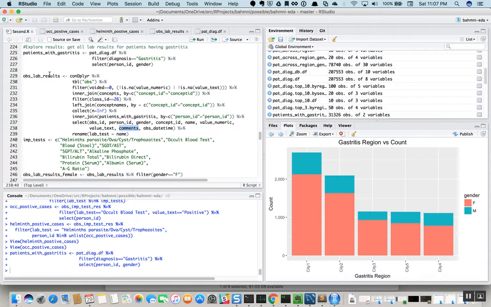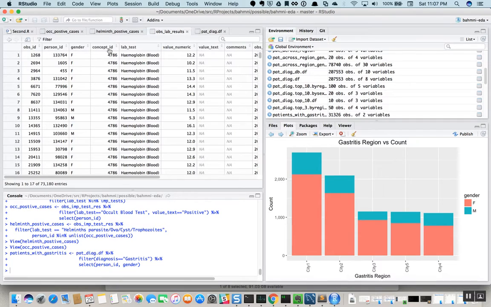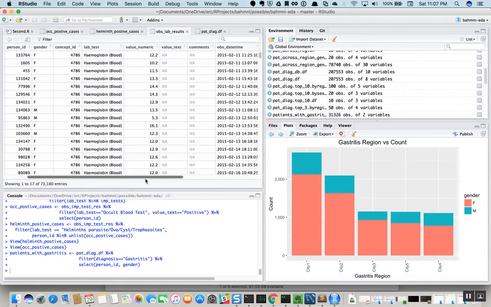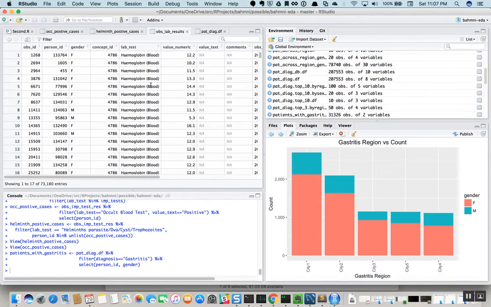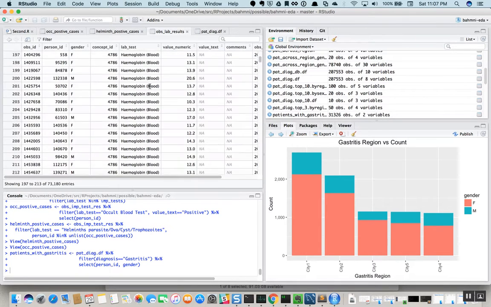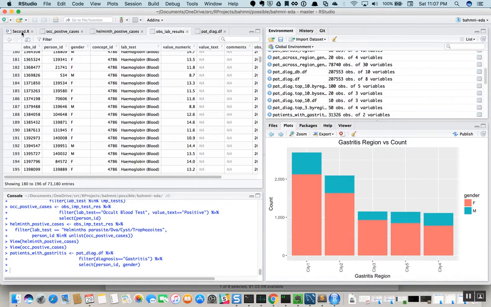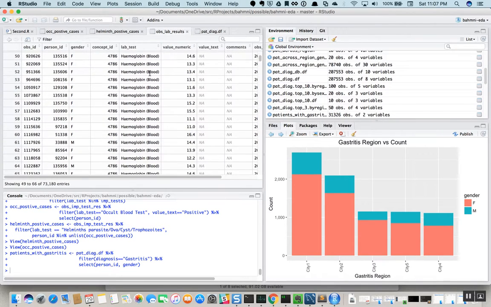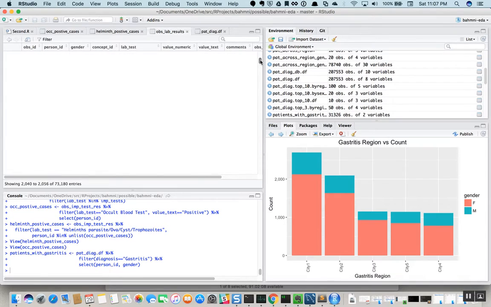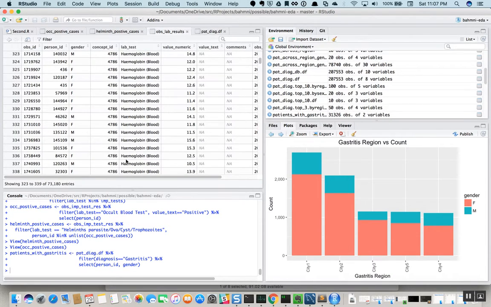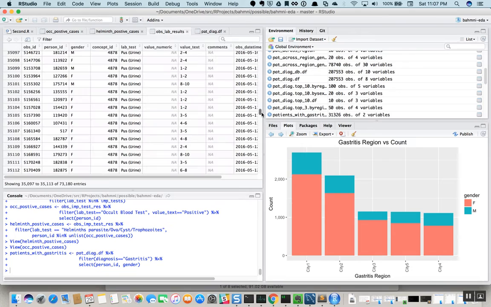I have already executed this statement, and if you look at the lab results, this fetches all the lab results for the patients who have been diagnosed with gastritis. Once we do this, we can see that there are various tests which have been performed, maybe a hemoglobin check. Quickly scrolling through this much data might be difficult, so maybe we want to see what all the tests are which have been performed on patients who have been diagnosed with